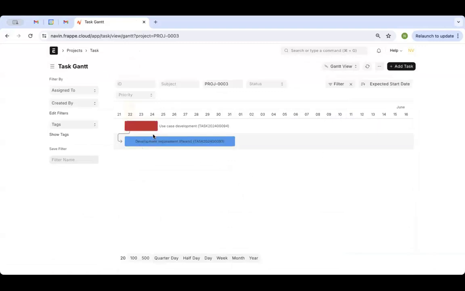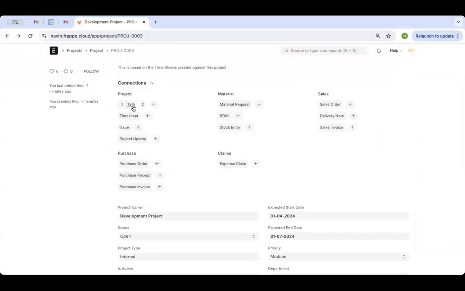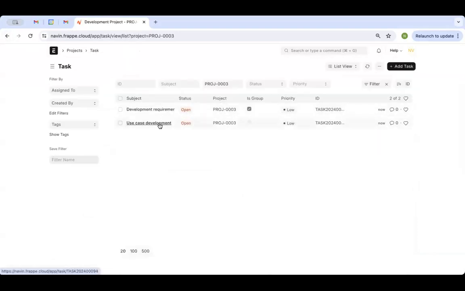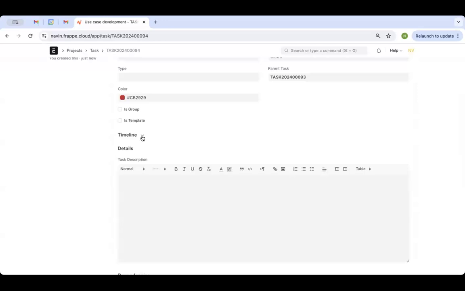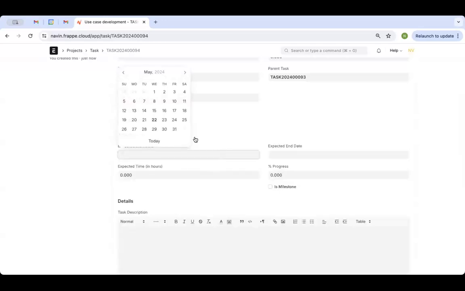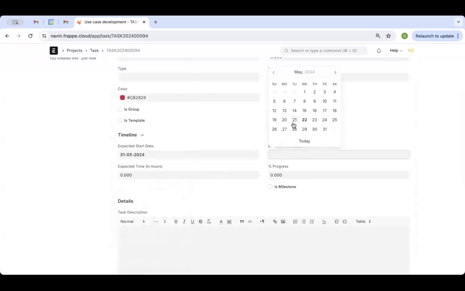Like this. Why has it gone up? Because I have not set any timeline for this particular task. Now I will go there and again set the timelines. So we will start this from 30th first till